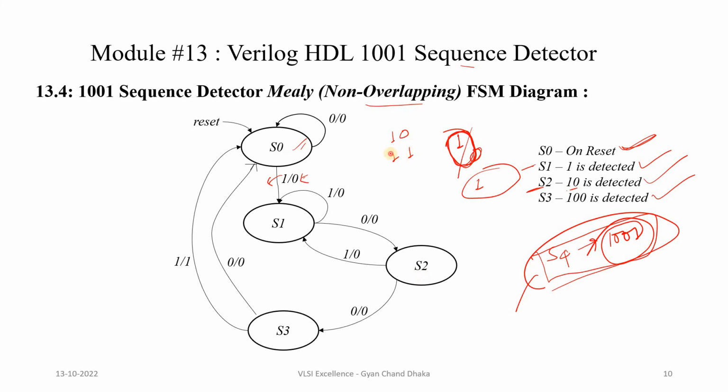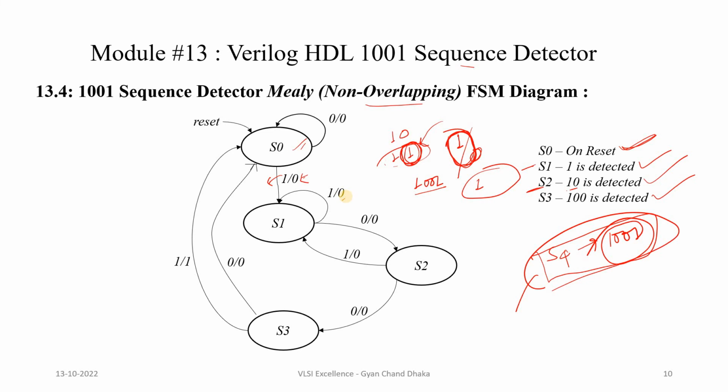But what happens if 1 1 is detected? If 1 1 is detected, then the next one will be part of our new sequence, right? Because our sequence is nothing but 1 0 0 1. So if there is 1 1, that means this is not part of our sequence, so the next one we are going to consider for our next sequence. So if 1 is detected, we are going to be in S1 state only,